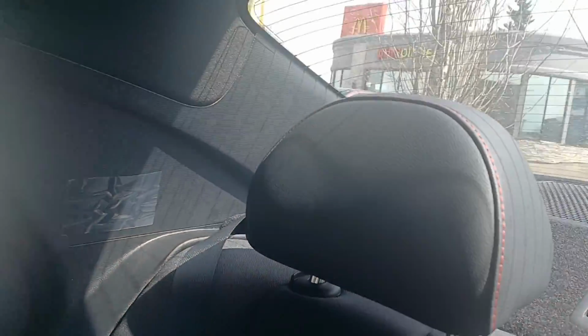So when you go inside, you got this beautiful interior and this gorgeous red stitching throughout. Like it carries throughout the entire vehicle. And these are memory foam seats. So at first they feel a little tough, but